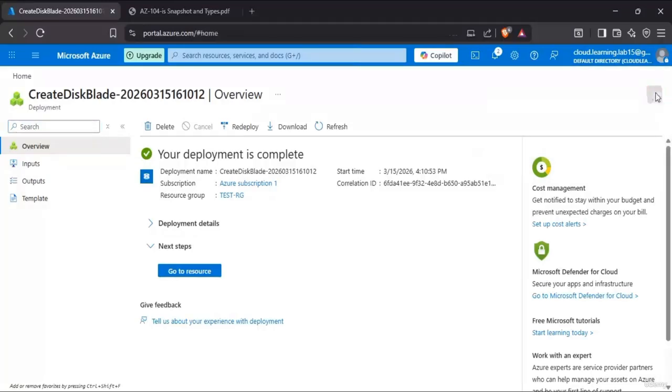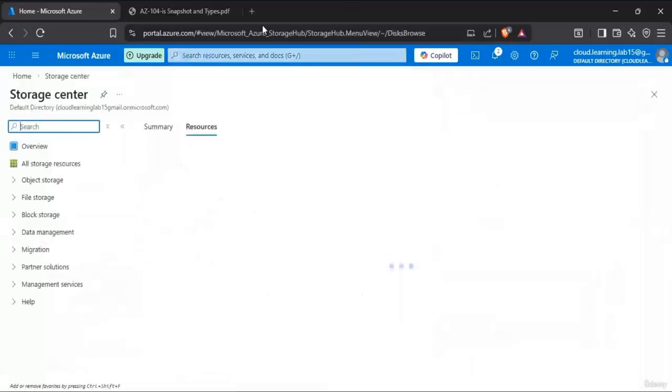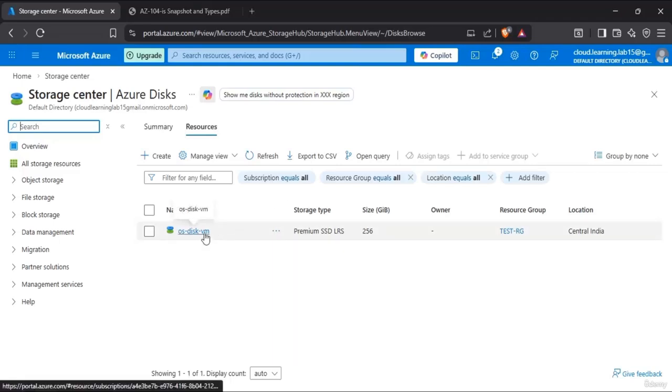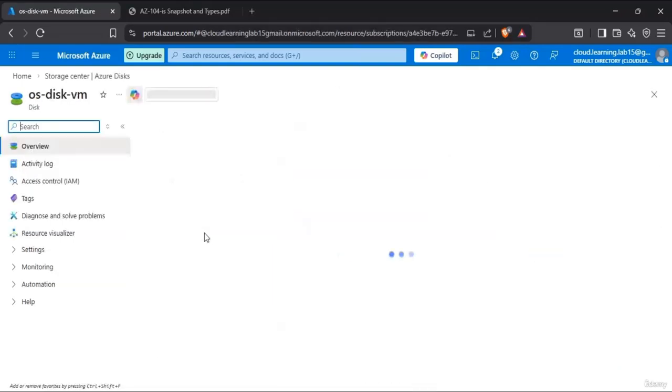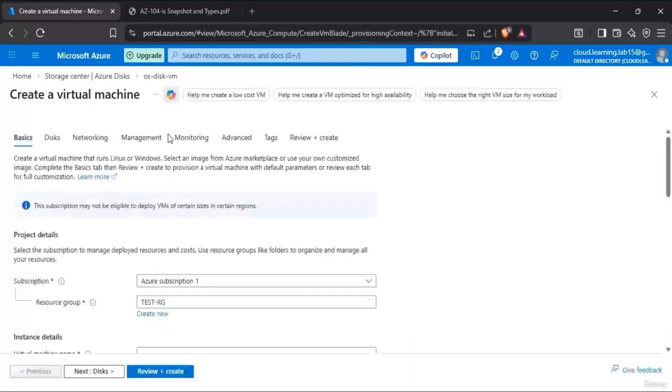So now we will see this in the disk. You can search for it, and we should see OS disk VM. We just created the disk, right? Now click on this OS disk. Now we are at the restoration point: how you can restore the deleted VM through the snapshot. That's what I am performing right now. Click on create VM,